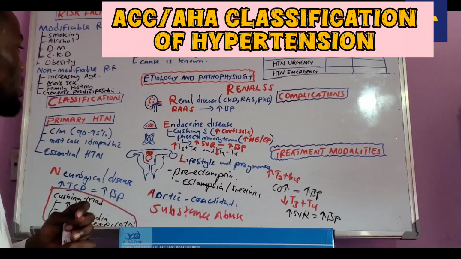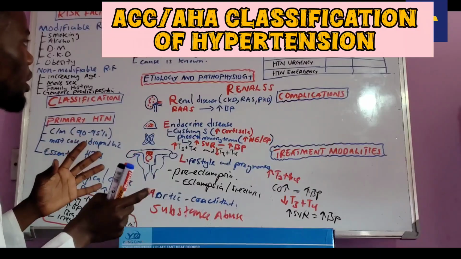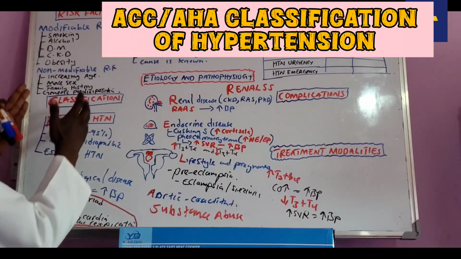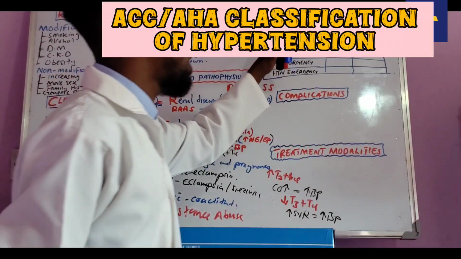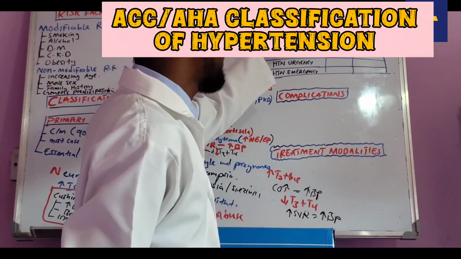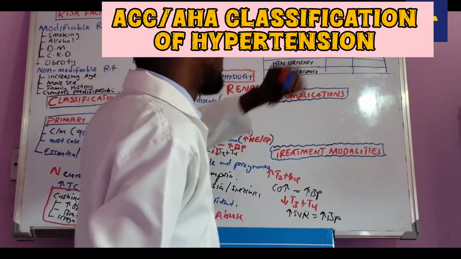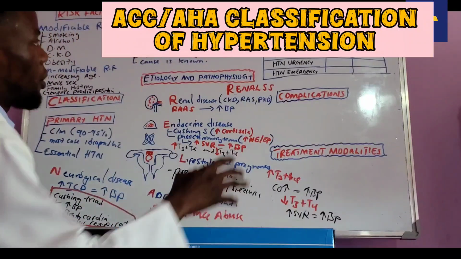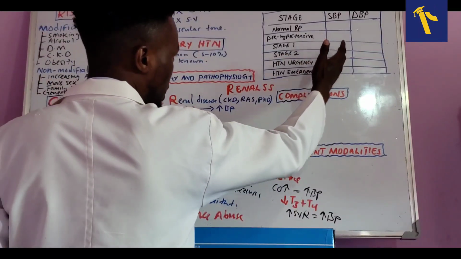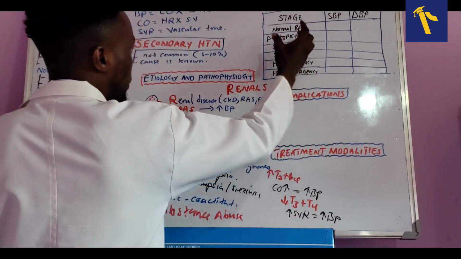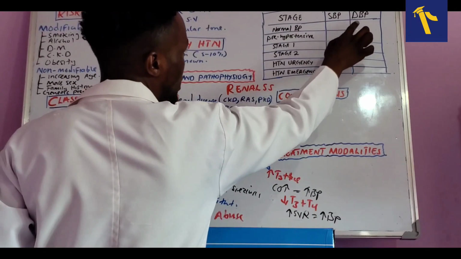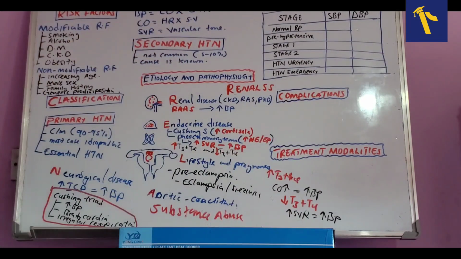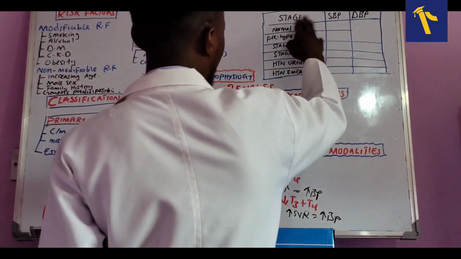Hypertension. Remember that the other classification that we talked about was according to etiology. Now here we are talking about according to the American College of Cardiology. So for this classification, we are going to be putting numbers here so that you understand. We are going to have the stage, SBP, systolic blood pressure, and DBP, that is the diastolic blood pressure. Okay, so if you look at the normal blood pressure,